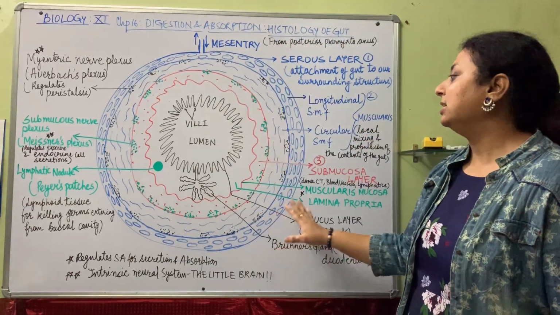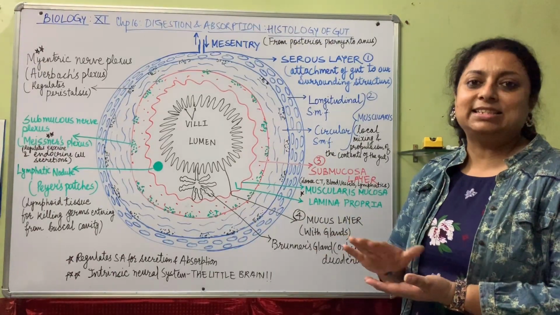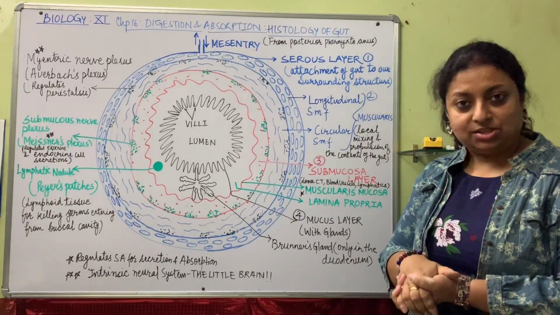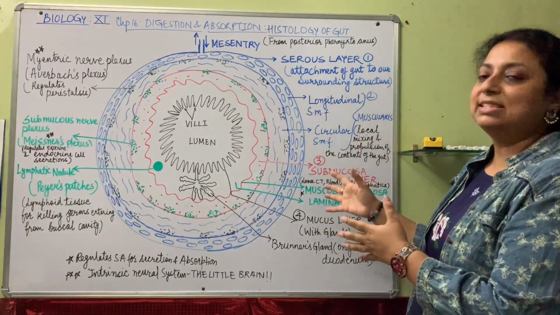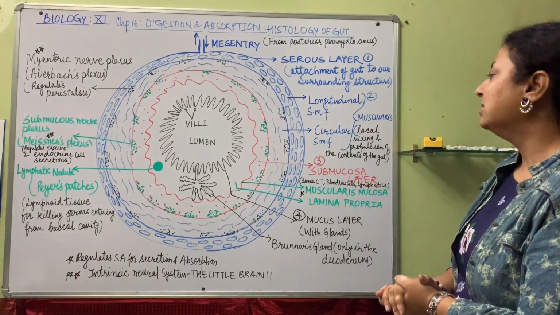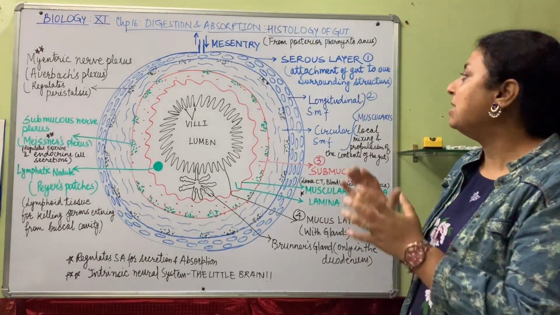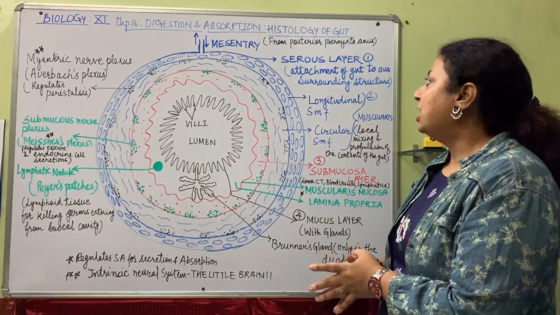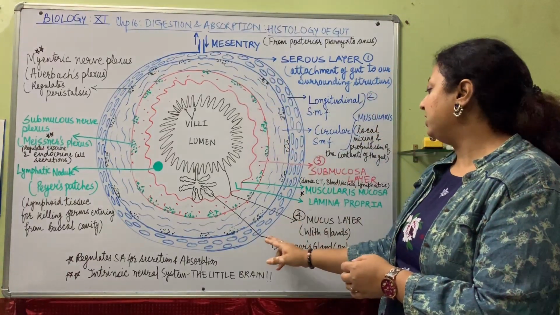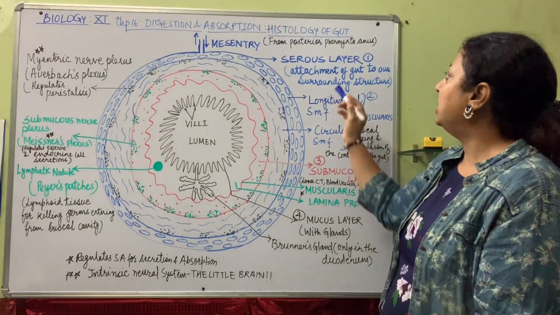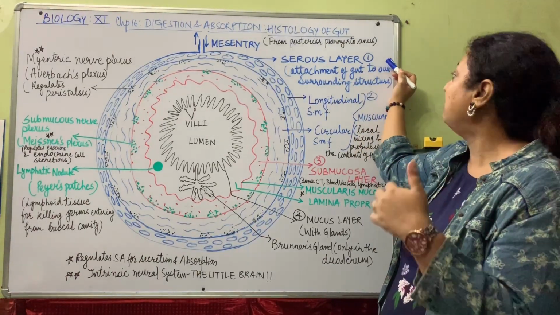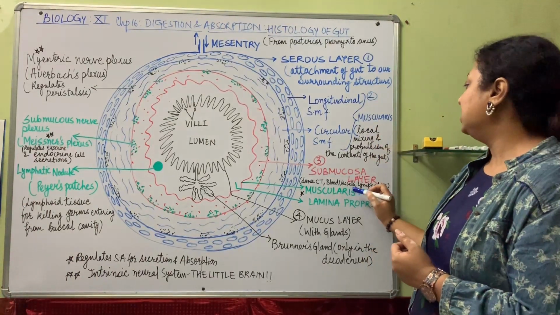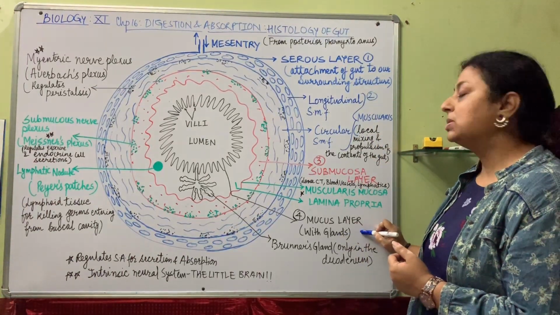So this lining, the complete transverse section, that is known as TS section of gut wall, study shows that we have consecutive layers of tissues arranged, all the types of tissues, and that makes it a complete organ. So let's study how it is arranged in a proper manner to make the organ system work for digestion and absorption. Here we can see the outermost covering, which is also known as the serous layer. I have numbered it from outer to inner. First is serous layer, second is muscularis, then submucosa layer, followed by mucosal layer.